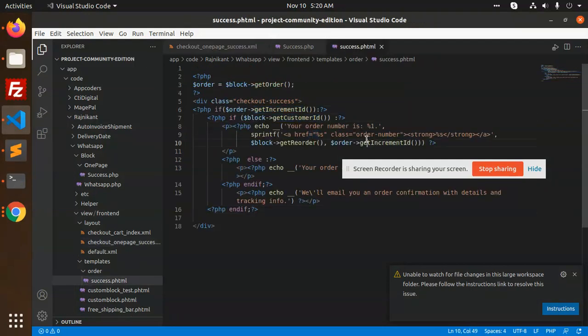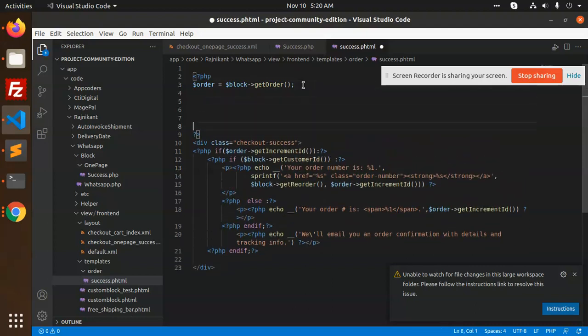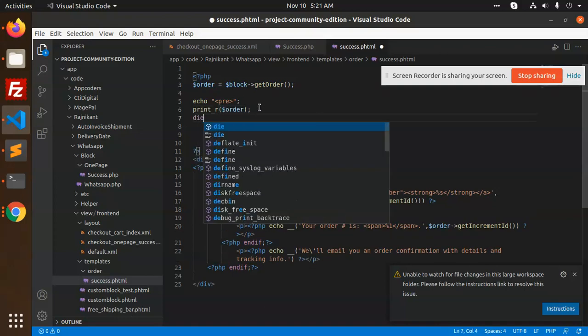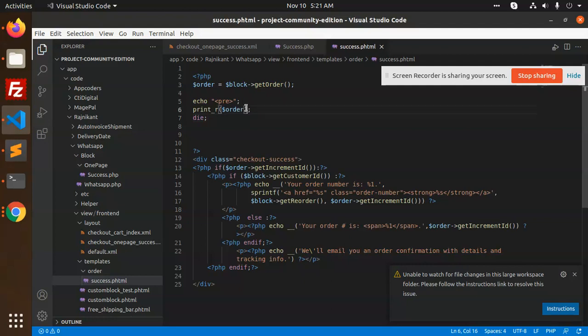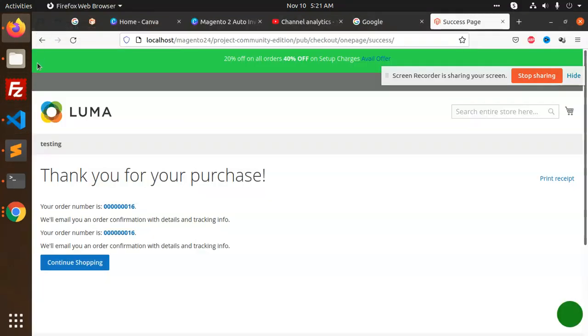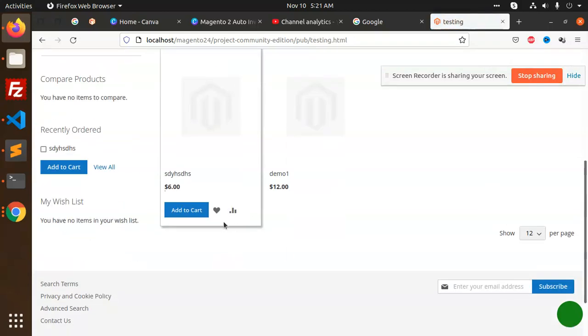Success.html, your order number, increment ID, your order number again, and also if I'm going to print this order, let's see what data it's going to return. Okay, so it's always redirecting to that page.